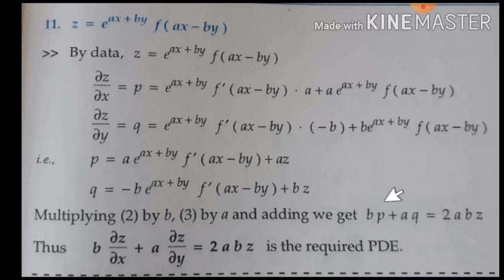So this is the required partial differential equation for the given function. Just p and q are resubstituted with the other notation that we use for partial derivatives. Okay, these are some simple problems related to eliminating an arbitrary function to form a partial differential equation.